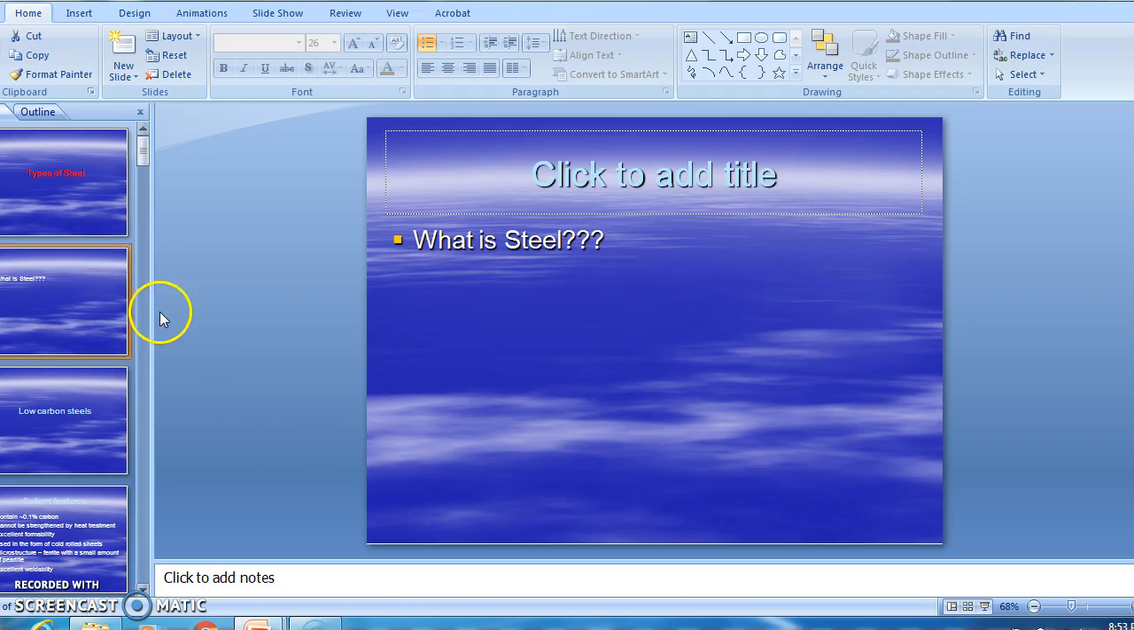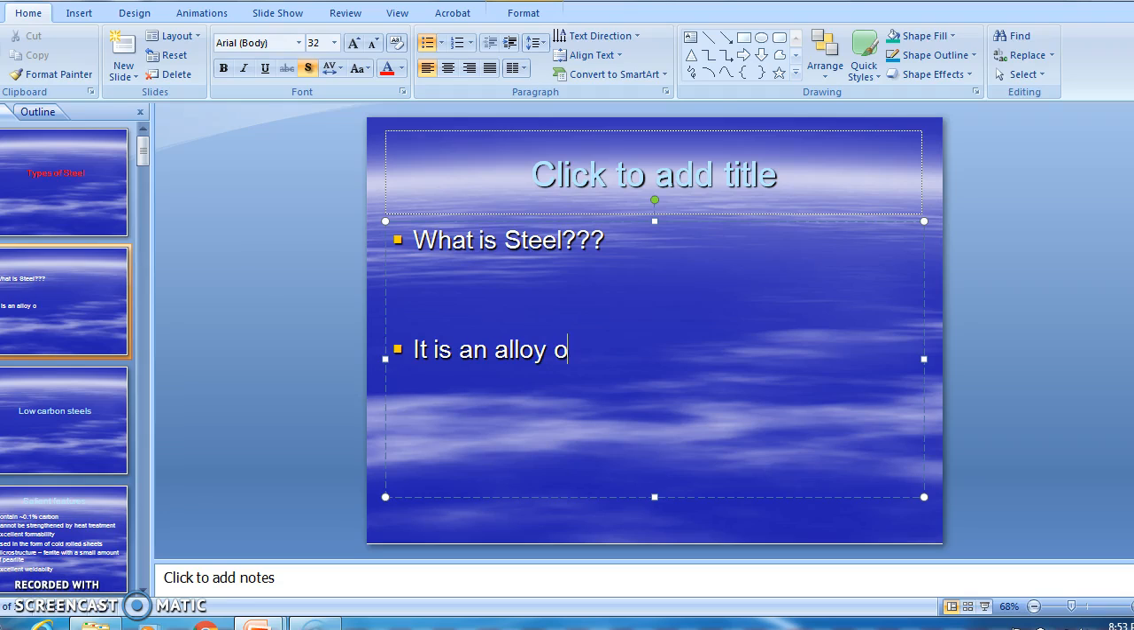So whenever this question comes, now here the question is given, what is steel? Now I'll try to write the answer: it is an alloy of iron and carbon. So in this case, you can see it is an alloy of iron and carbon, but the important one is,